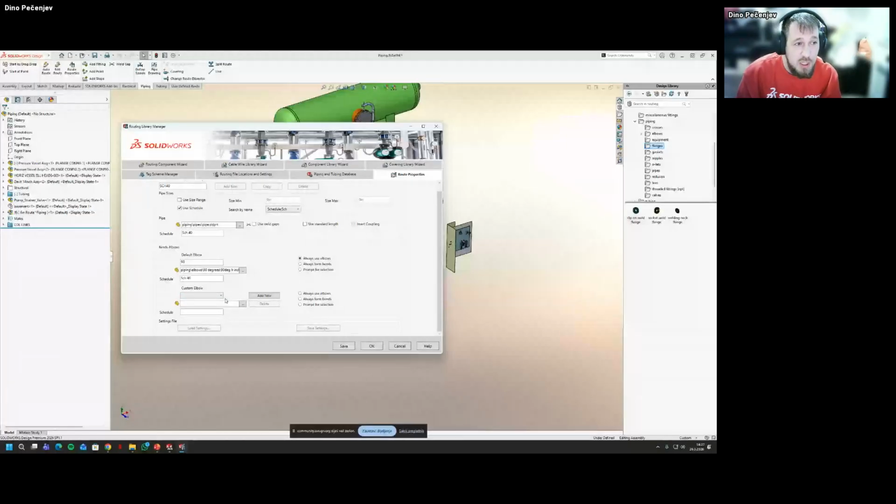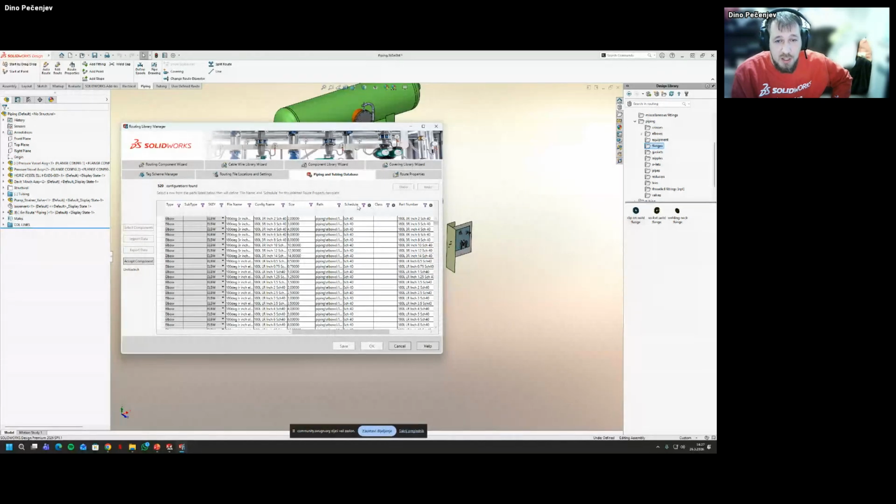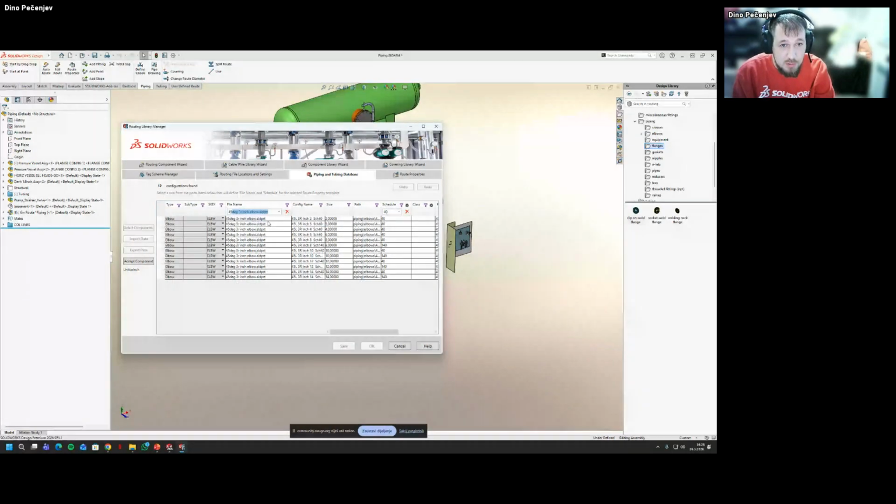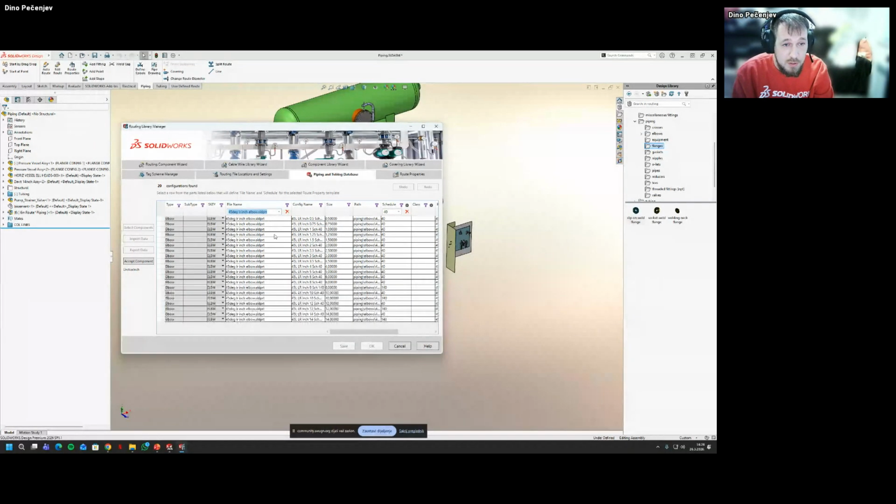Here, the important thing is the custom album, where we're going to add a new one. Why is this important? Because here I'm going to use the 45° inch table.